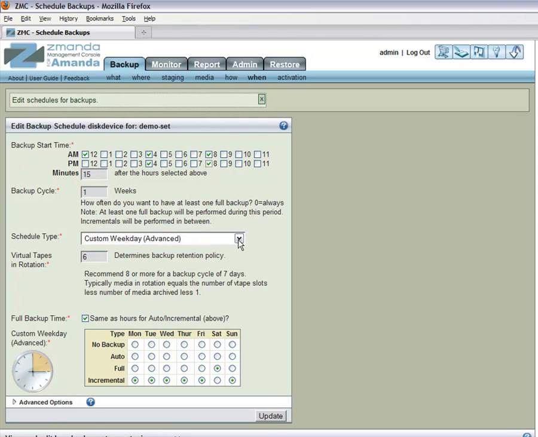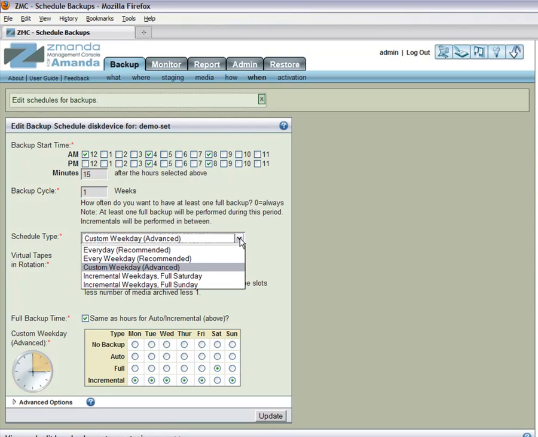New in 3.1 is the ability to choose a different type of schedule. So there's some different options. Backing up every day, backing up every weekday. These are options as well, so that this simplifies the process of configuring backups for these types of configurations. Also supported now is to perform an incremental backup on the weekdays and a full backup on Saturday, or an incremental backup on the weekdays and full backup on Sunday. So choosing these makes it very simple to perform these types of backups. And then finally,